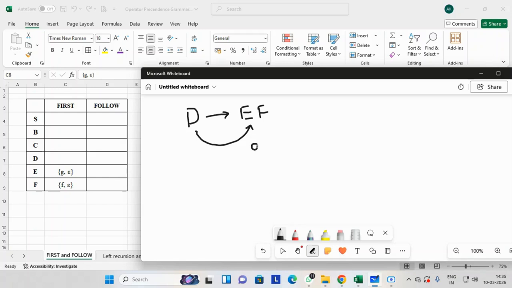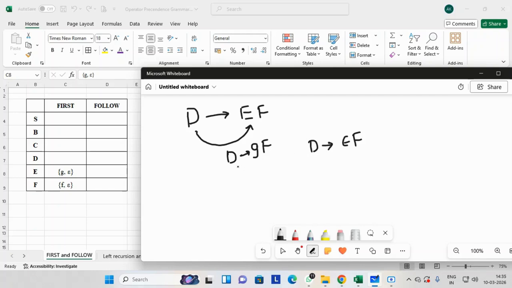So I replace E with g and I replace E with epsilon. Thus, my production of D will be updated this way: D gives gF and D gives F.